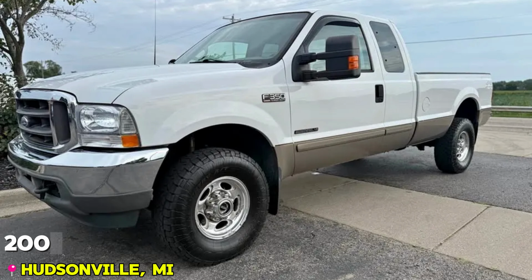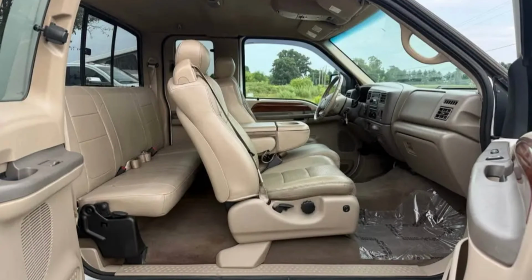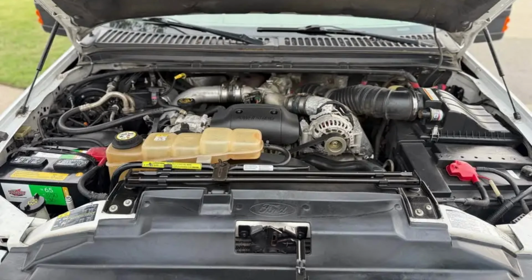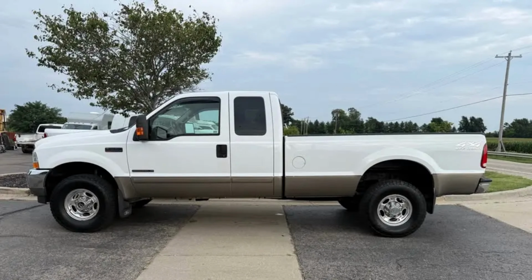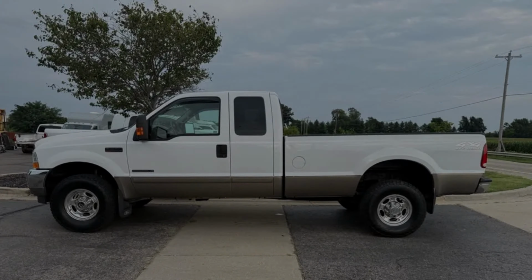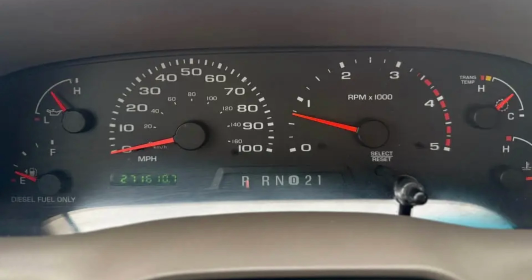Number 2. 2002 Ford F-350, price $10,995, featuring a sharp white exterior paired with a tan leather interior. Powering this truck is the legendary, all-stock 7.3L Powerstroke diesel engine mated to a smooth automatic transmission and an electric shift 4x4 system. It starts effortlessly on cold mornings without emitting smoke and delivers a solid driving experience despite showing